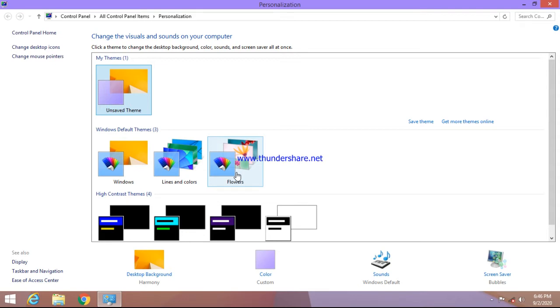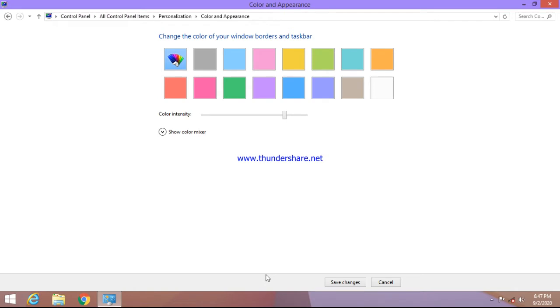Click on Windows color option in the dialog box. So Windows color is this one. This you have to choose. Choose any color for your Windows borders, start menu and taskbar. Set the transparency intensity, hue, saturation and brightness options. So I will change it to green.